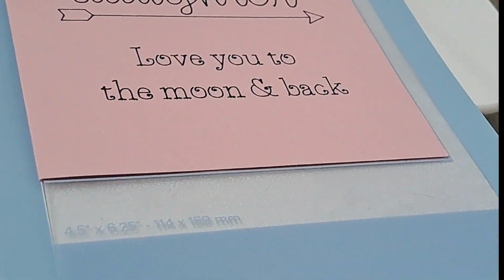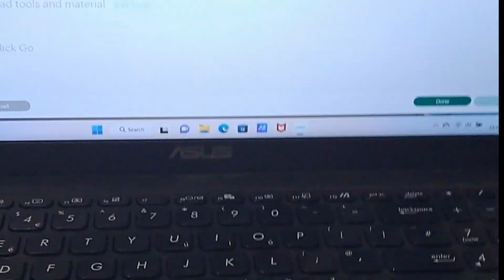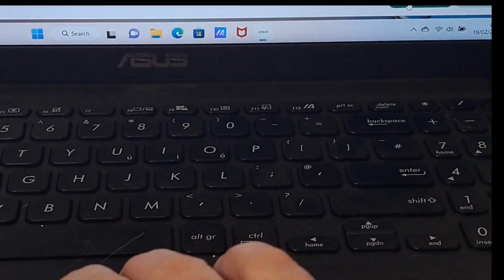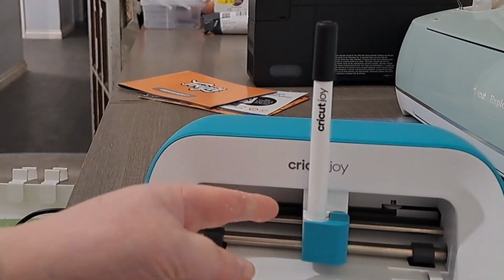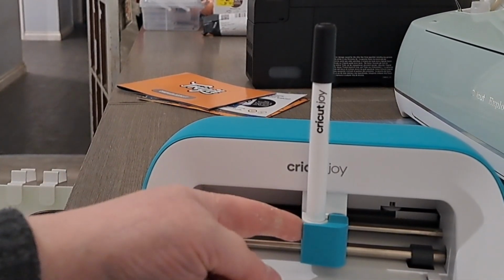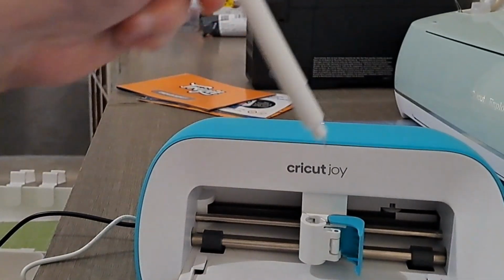Now it is telling us that it's complete. I'm going to click unload. The mat has unloaded, so now I can take this out. And here I'm going to just click done. Takes us back to our canvas. I'm going to take my pen out before I forget so that the ink doesn't go dry. I'm just going to open the clamp like that, take it out,